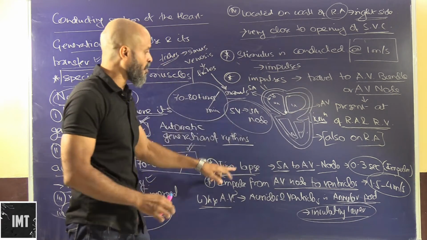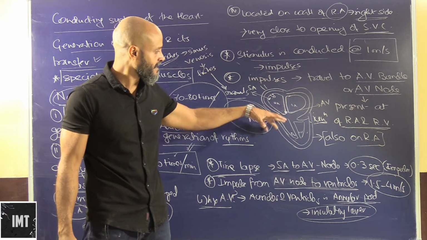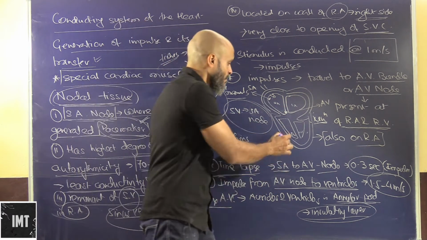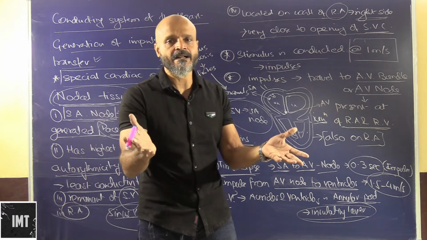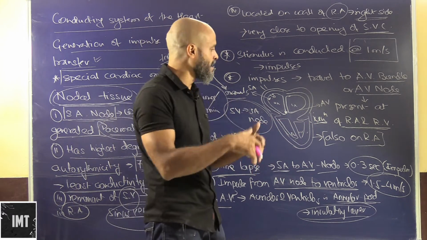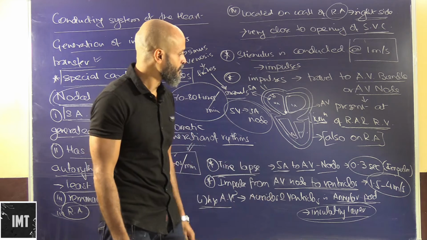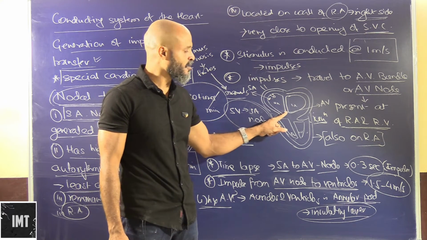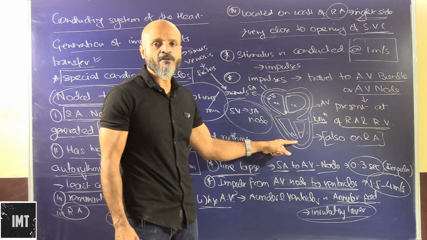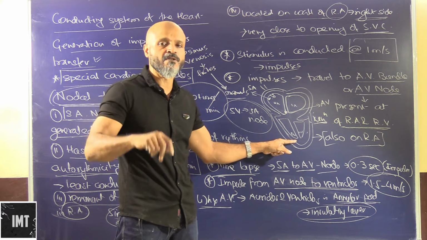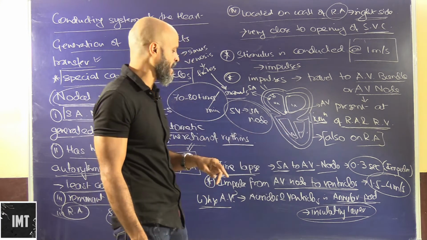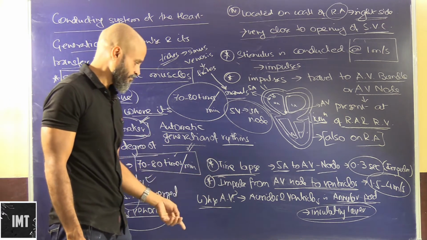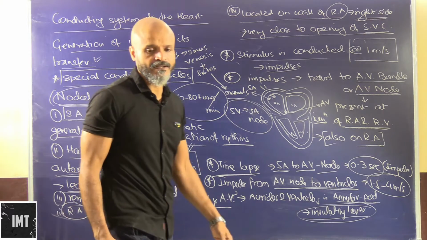The purpose of the AV node is to amplify these rhythms which are generated, so that they go to the bundle of His, because from here the bundle of His will conduct it to the ventricles, which will pump the blood, and it is very important. So it gets generated in the SA node, travels into the AV node, and from the AV node through the bundle of His it travels into the ventricles. We will see the bundle of His part, but we need to understand that the AV node amplifies it.